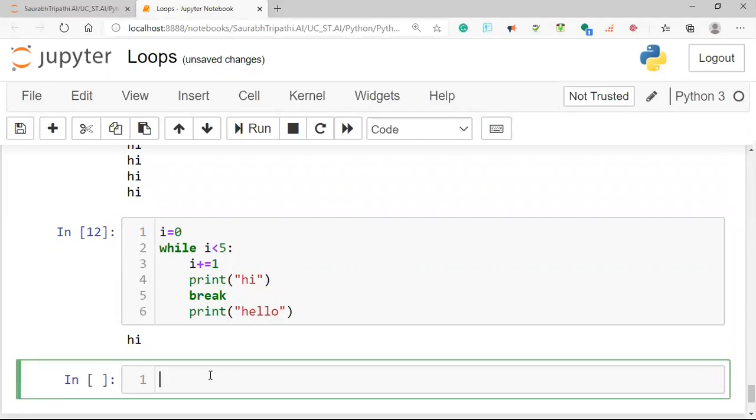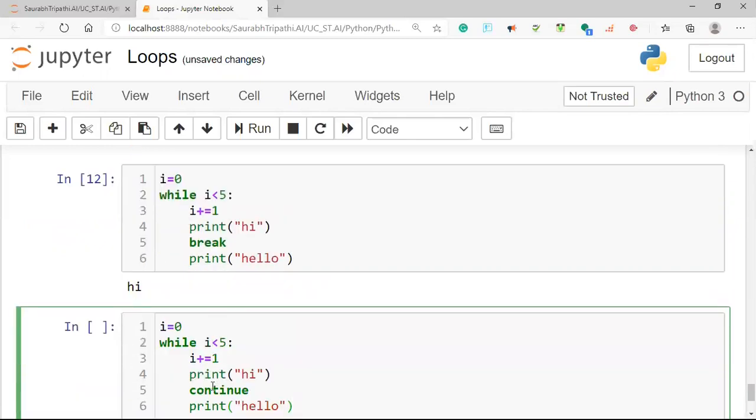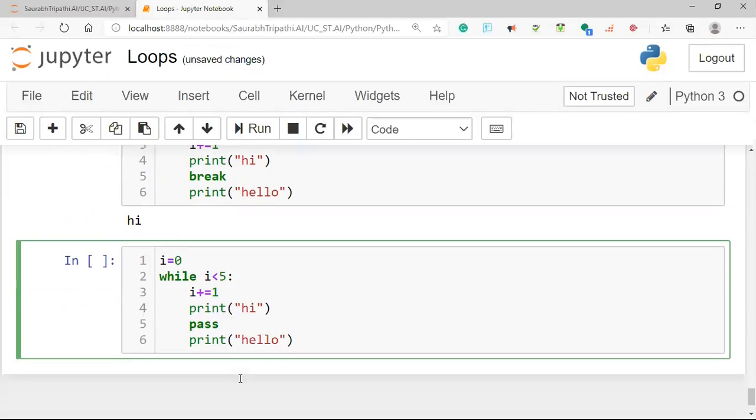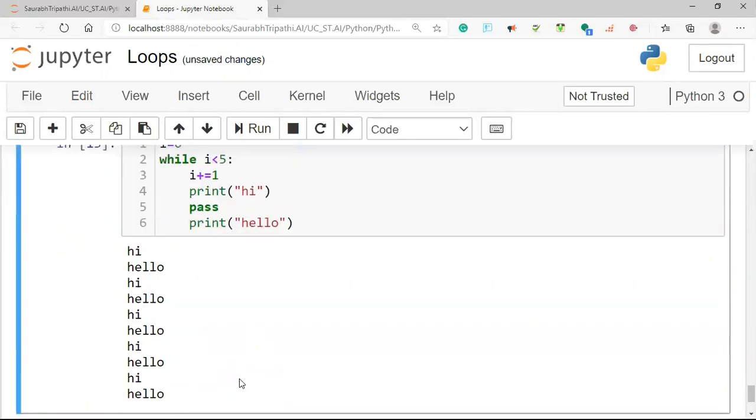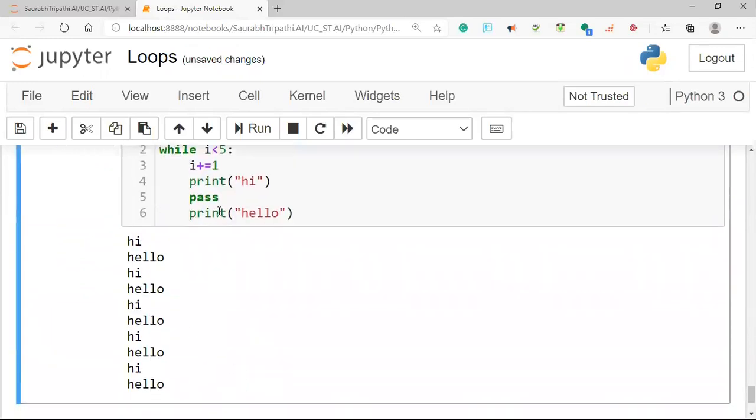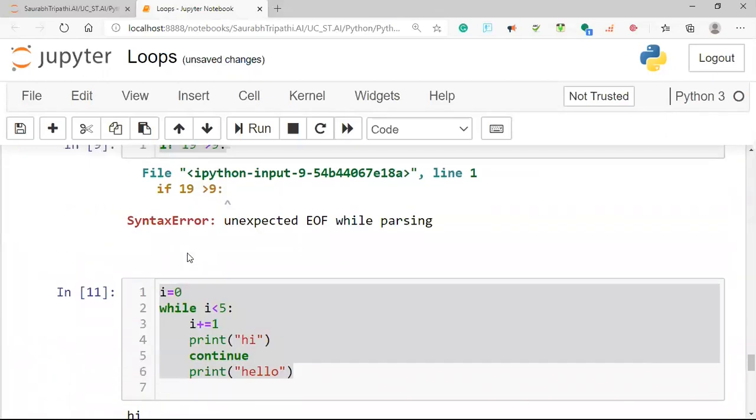If you use the same condition for pass, so say do nothing, just pass, nothing will really happen here. It will simply keep running. As you can see, it does nothing, because pass does not create any error. If there is no body, still it will not create any issue. That is how pass really works. So this is how all the three keywords really work.